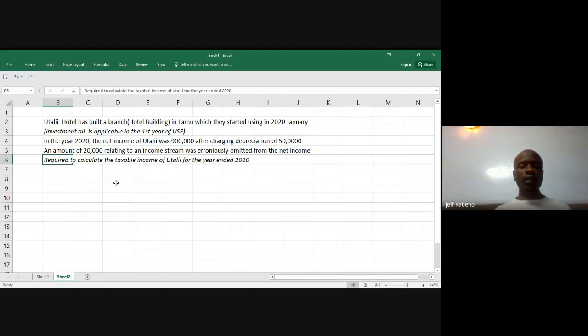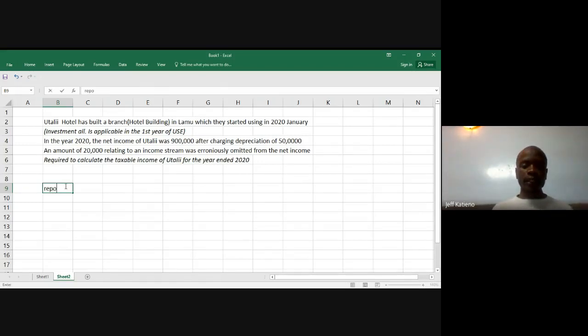So we'll start with reported net profit, because net profit as per accounting is not the same as tax profit. Accounting profit is not the same as tax profit. So this is fundamental in taxation. Many people who don't know taxation think that when you're given accounting profit, you will just apply tax. But it is not like that. So we first get accounting profit, then we adjust to tax profit.